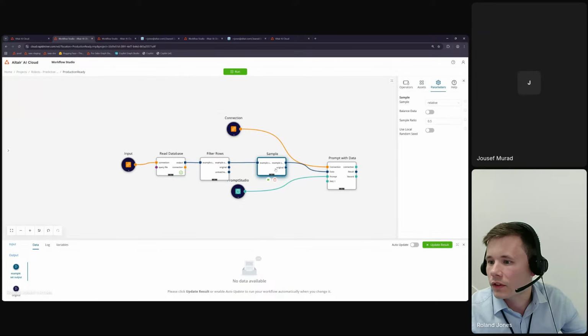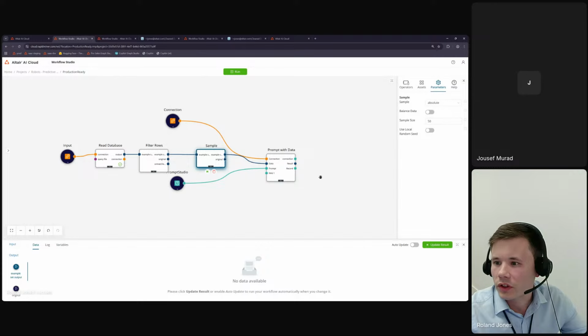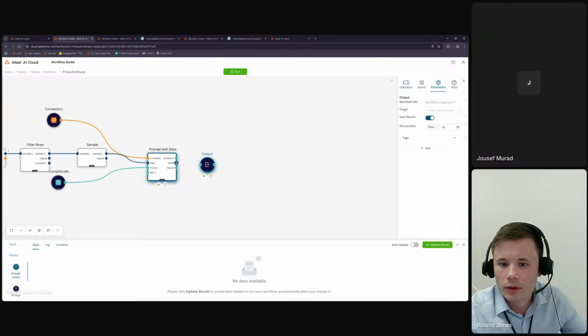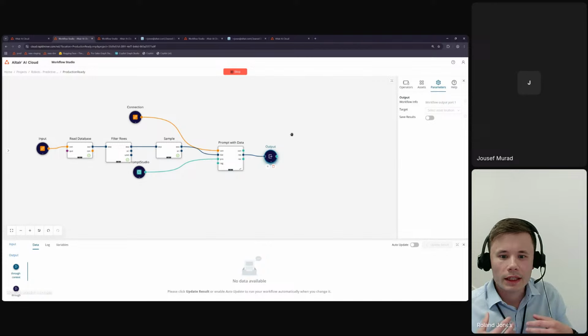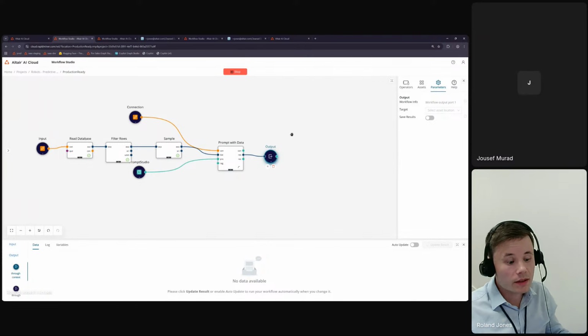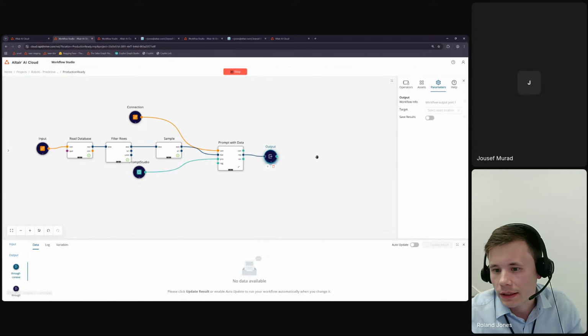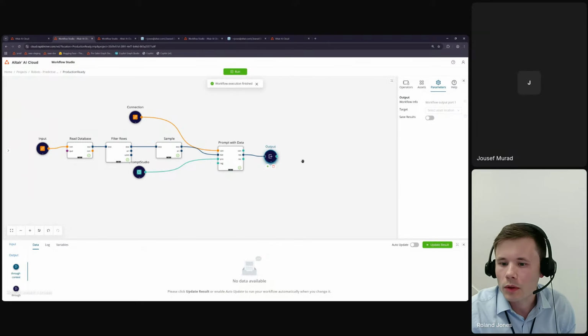And again, just for the sake of time, I'm just going to keep in sampling. So let's do an absolute number of 50, just because we want it to be nice and quick. And then we'll add in an output just so we can see that response. So we'll have a look at the result here, and we won't save our results and click run. So we're now applying that generative AI to the data that was in our database. So I'm prompting with my data. And what we'll find is in a second, once it's run those 50 examples for me, we'll have that output